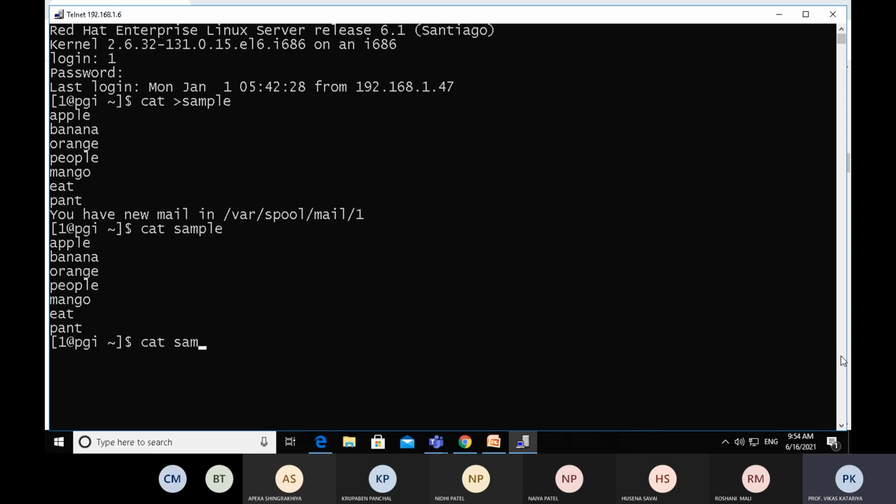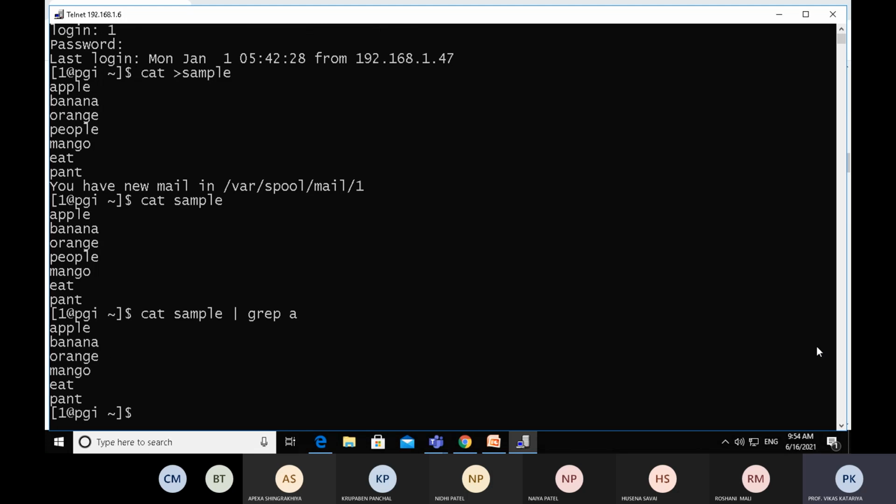So cat sample space pipeline grep, and we want to find only that content which contains the letter a. Now observe the output. Apple contains a, it is displayed.